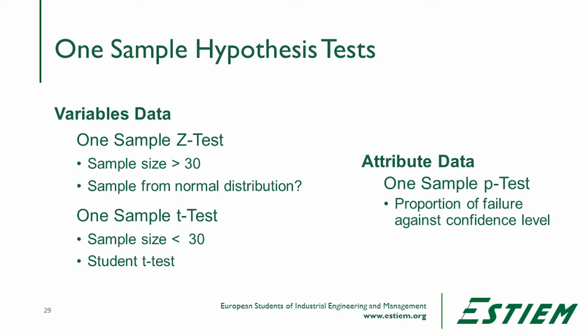With attribute data, I can test a one-sample p-test. And here I'm testing the proportion of failure against some sort of confidence level that I would have success or failure designed into the process. In many old-time statistical methods, they used what was called AQL, or average quality level. And they said it was a 2.5. That says 2.5% of the products are allowed to fail. So you would test, is my sample above or below 2.5 based on the sample size,